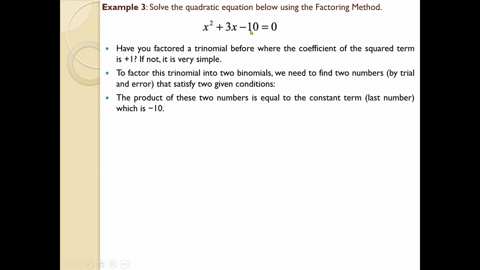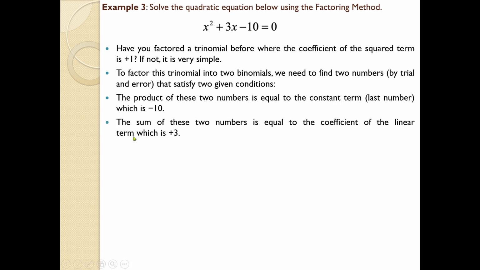So remember, the product of those two assumed numbers should be equal to the last number. That is one condition. Second condition, the sum of these two assumed values should be equal to the coefficient of the linear term. So we have to assume two numbers, and the condition is that if you multiply those two assumed values, you will get the third number, and if you add those two assumed values, you will get the second number. So what were the numbers which we assumed? One was 10 and 1. 1 into 10 is 10, but if you add 10 plus 1, you will get only 11.